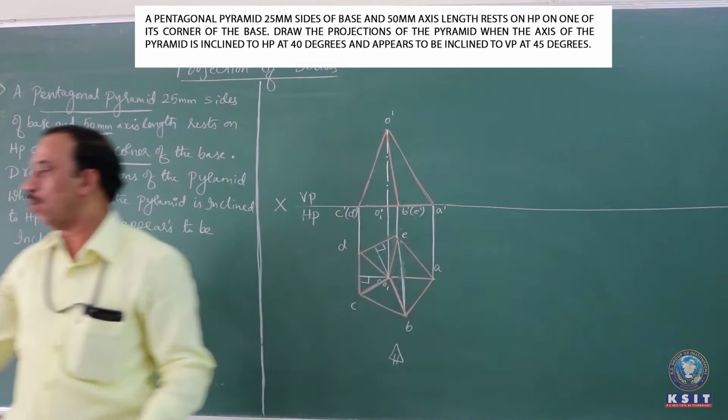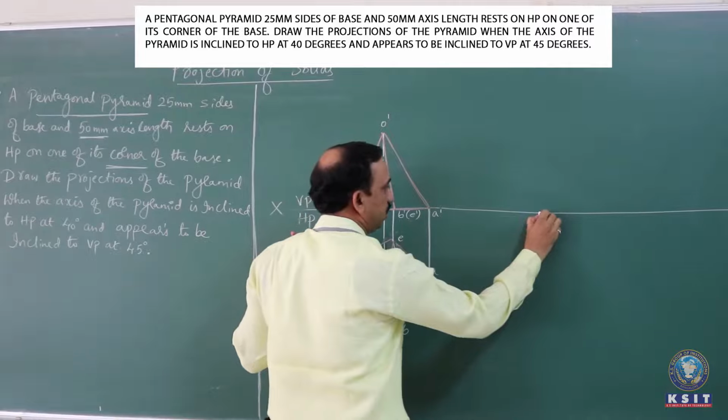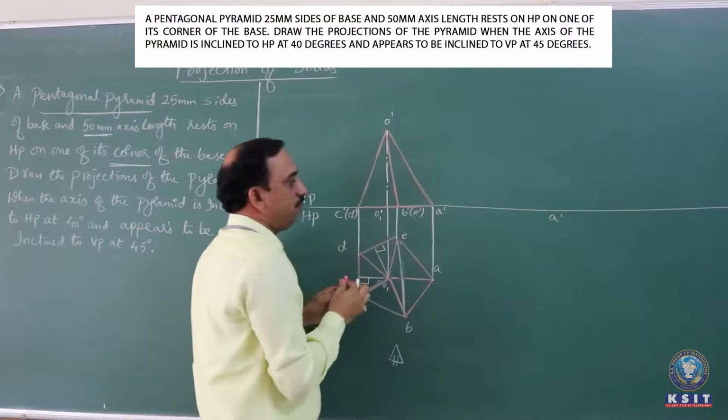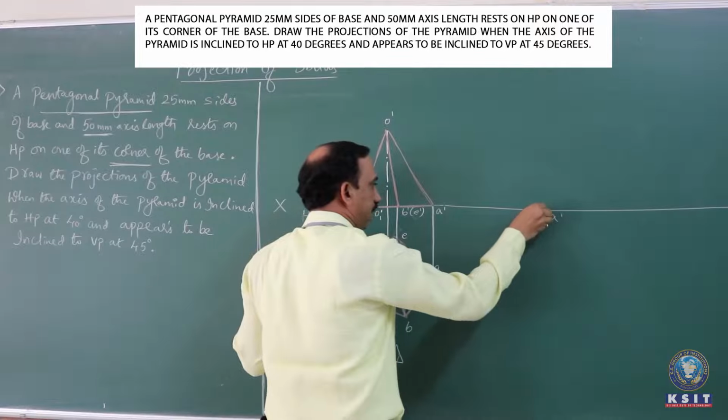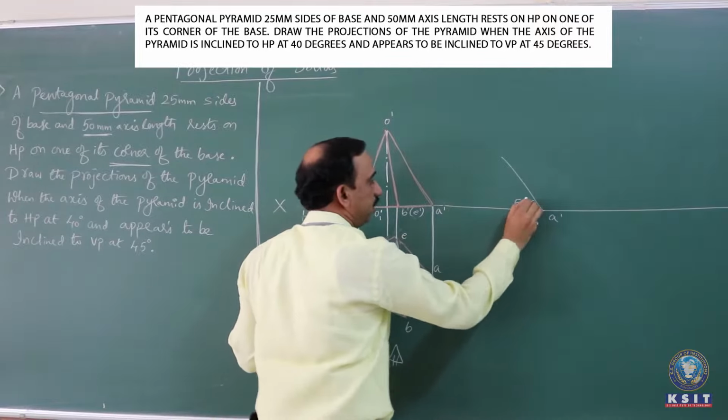So for that, with respect to the corner A dash, consider a point which itself is A dash. From A dash, have the complete base face make an angle of 50 degrees. Please observe, this angle of 50 degrees is not specified in the question. The question gives us the axis making an angle, but we are tilting the base face for the alternate angle of the axis, which is 50 degrees. Why this 50 degrees? I will specify later on. Now, after taking an angle of 50 degrees, measure the complete base face.